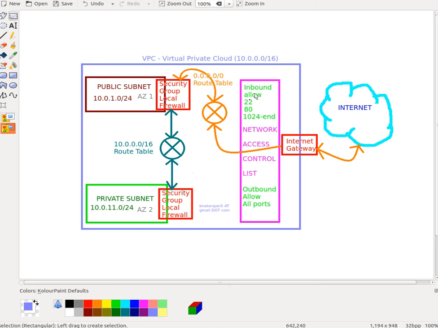list. In the inbound list, I'm specifying allow port 22, port 80, and port 1024 till the end of ports, which is 65,535 or something like that. Okay, so all those ports would be allowed to get back in. Okay, so